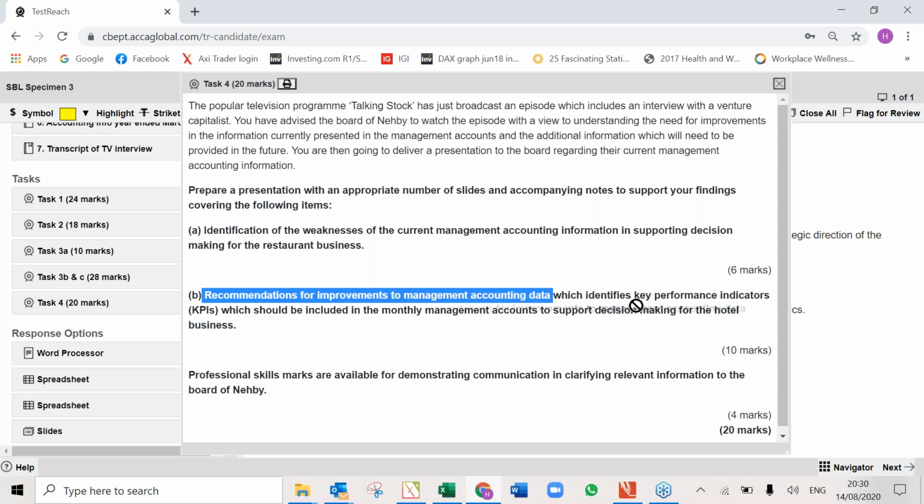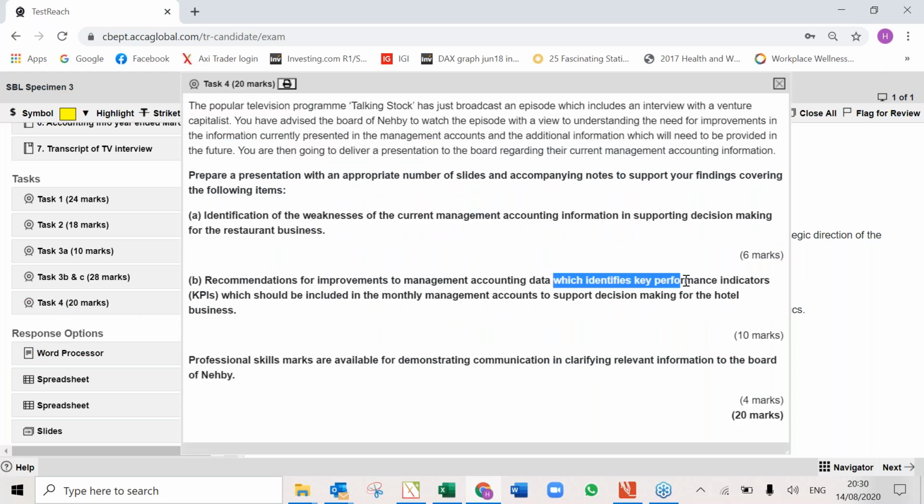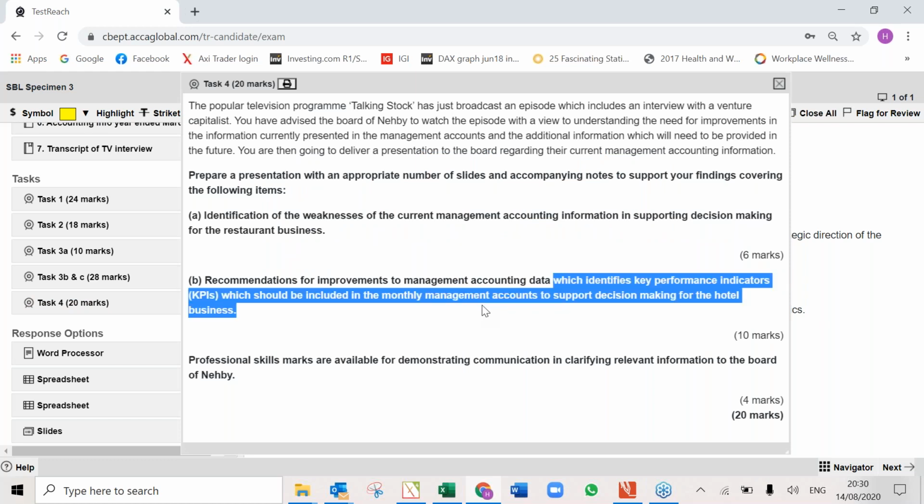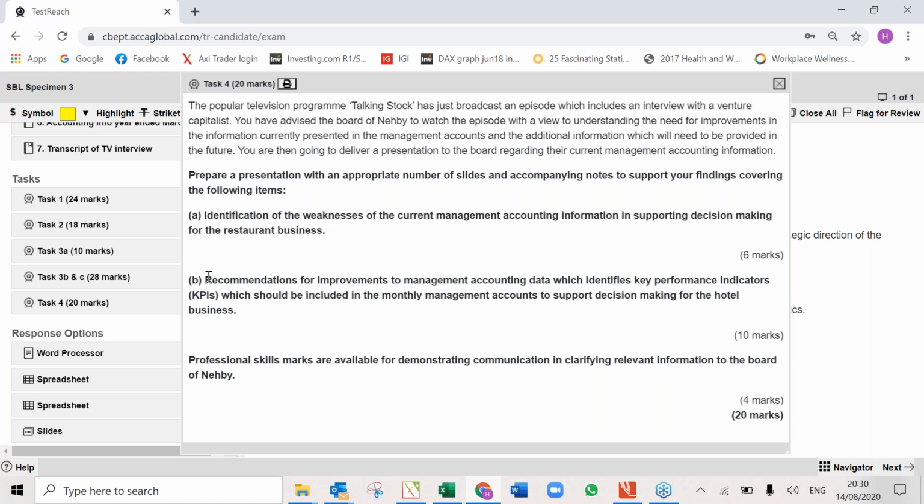And then you also need to talk about which identifies key performance indicators which should be included in the monthly accounts. We're not going to do that because key performance indicators we haven't discussed, but I want to do part A and then maybe recommend improvements. So this is 10 marks,